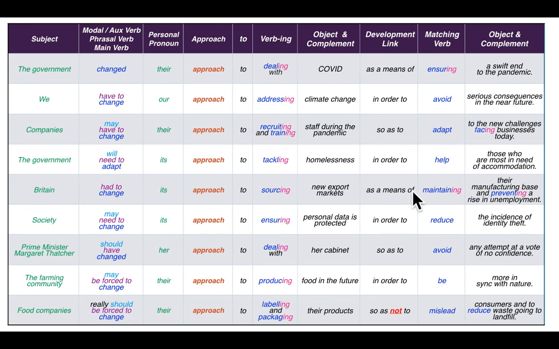So, for example, as a means of maintaining their manufacturing base and preventing a rise in unemployment, so as to adapt to the new challenges facing businesses today. So you could say, if you want to use a verb after new challenges, then you just use verb ing. So you can practice these sentences now. You can listen back on the recording to the way I say it. You can speak along with me and the ball, and then you can turn down the volume and do it yourself. But you should try to get some practice, firstly by speaking these sentences and then by writing them out,